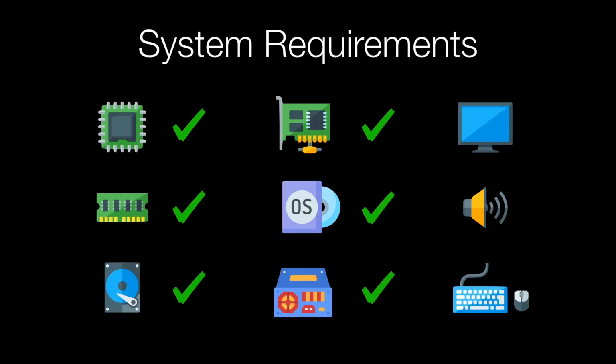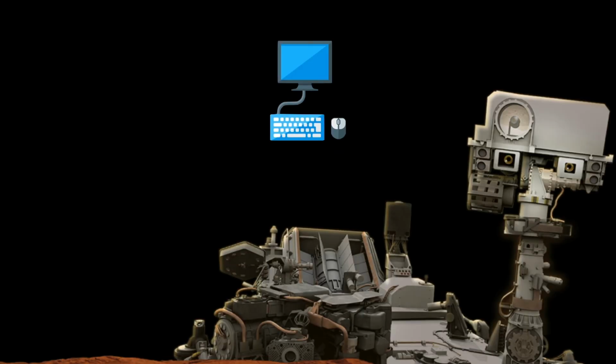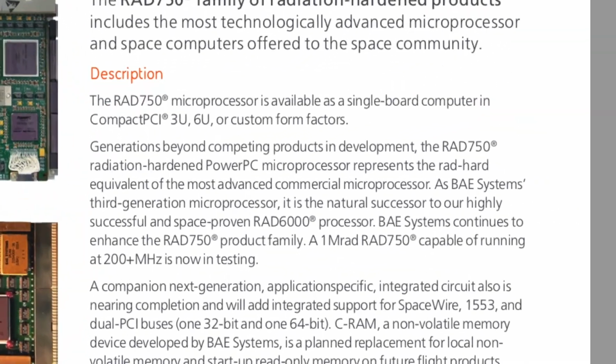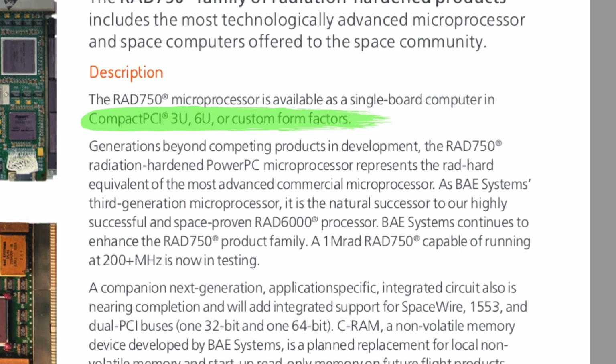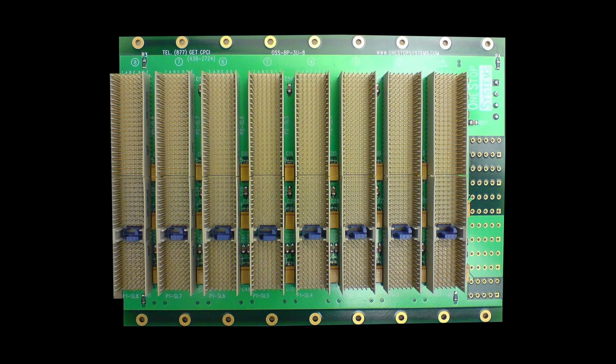So let's consider the last system requirements we're going to have here, specifically the display and the keyboard and mouse. And I know what you're thinking, the rover doesn't have any of these things. And if you look inside and consult the spec sheet, you will find that it can handle something called compact PCI. Now, this is not your regular PCI that you might remember, but more a backplane like this that all those boards plug into. So if you did find this rover, or you used the one in the Mars yard,